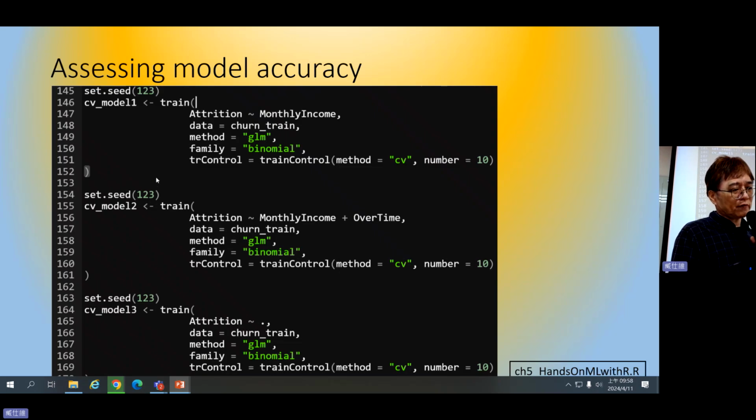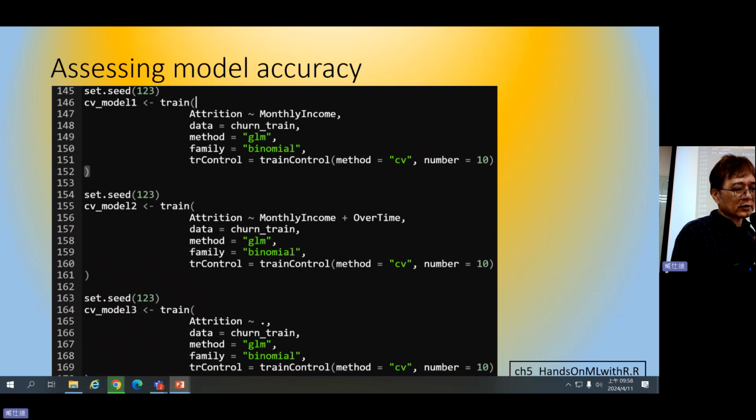If we want to assess the model accuracy, there are many approaches in data analysis, and this is not that difficult to understand.